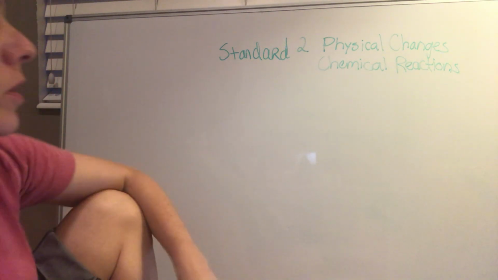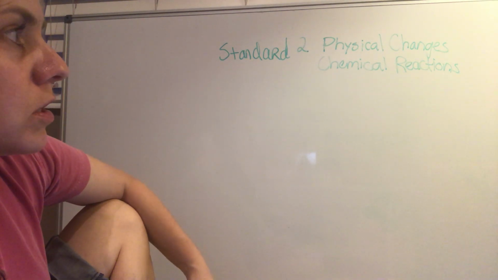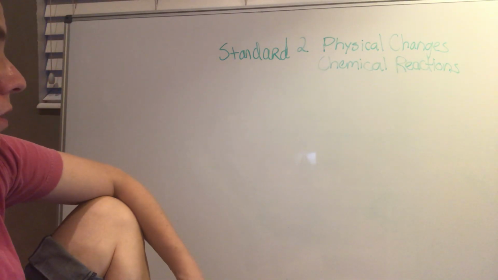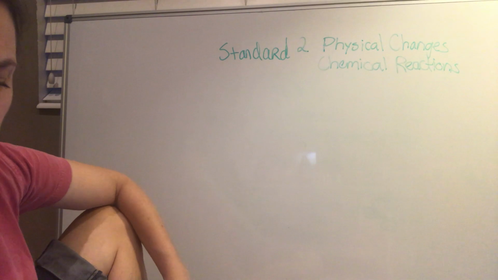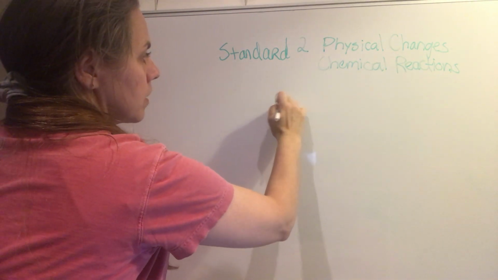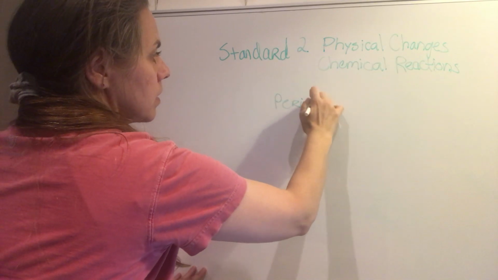Okay, this is standard 2, and it's physical changes versus chemical reactions, and it's also talking about physical properties versus chemical properties. And the first thing you need to understand is that on the periodic table,